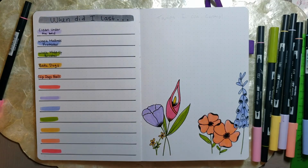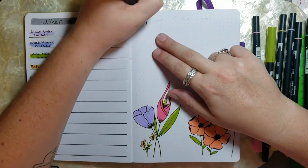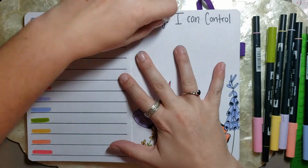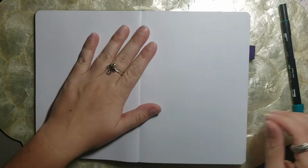places that they falter are on top of watercolors. So when I started getting into more watercolors, I walked towards the Sharpies because they work a little bit better on top of those. So that's the end of this spread, and we're going to go into our last but